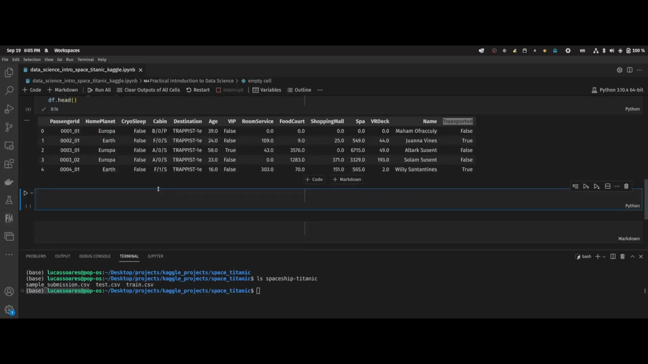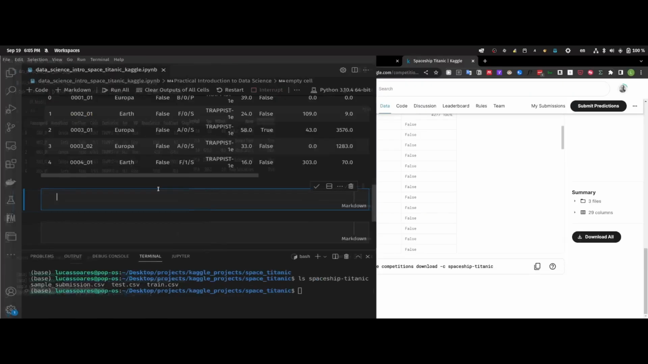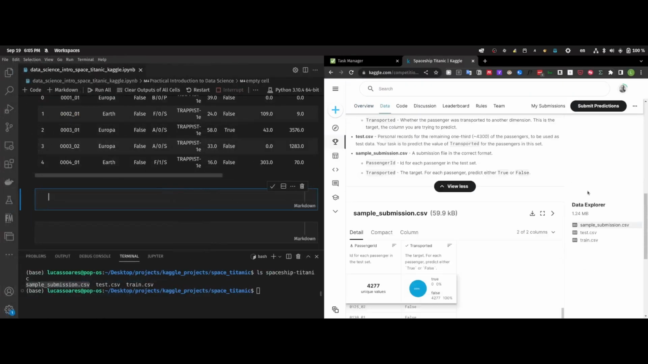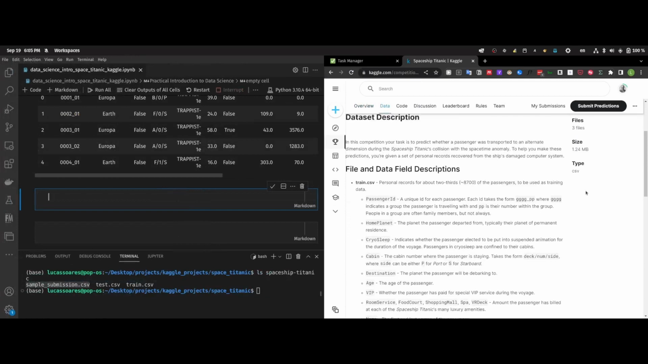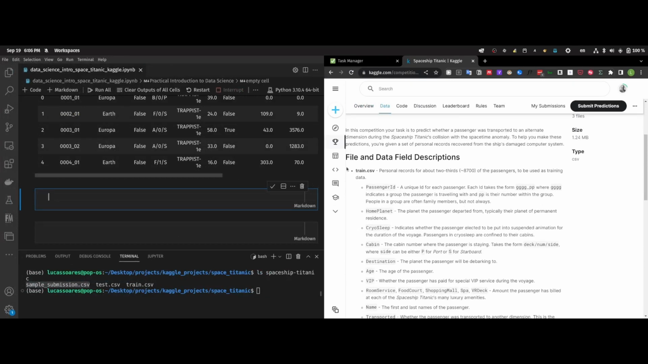So the first step in doing data science and data cleaning is going to be to understand what data we have. So how do we do that? Well, let's head over to Kaggle and take a look at an explanation of each of the data field descriptions. We're going to take a look at an explanation of each of the features that we have in our data